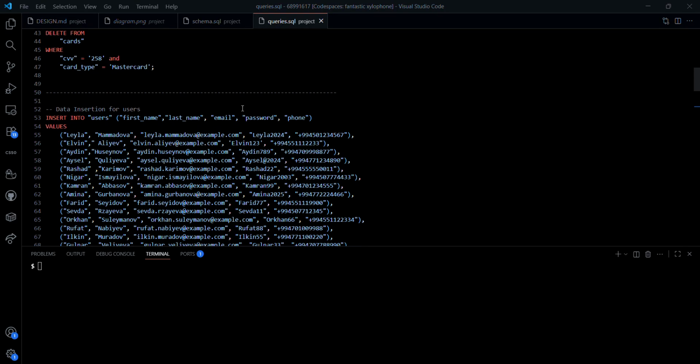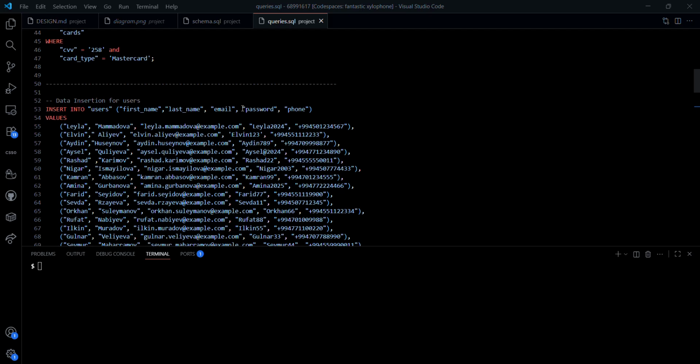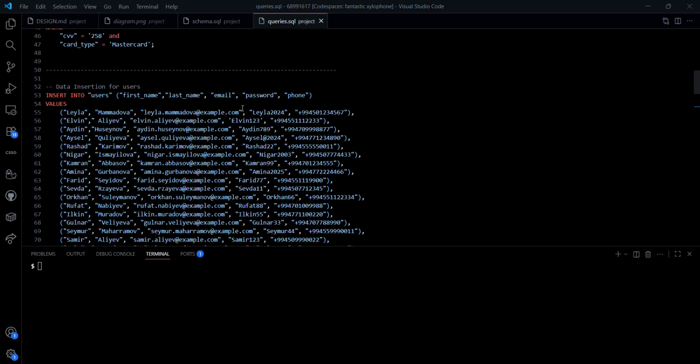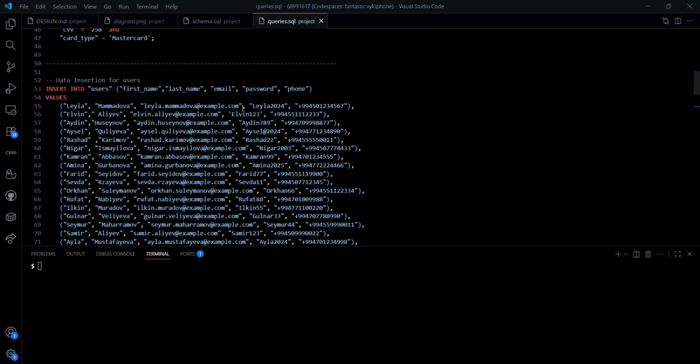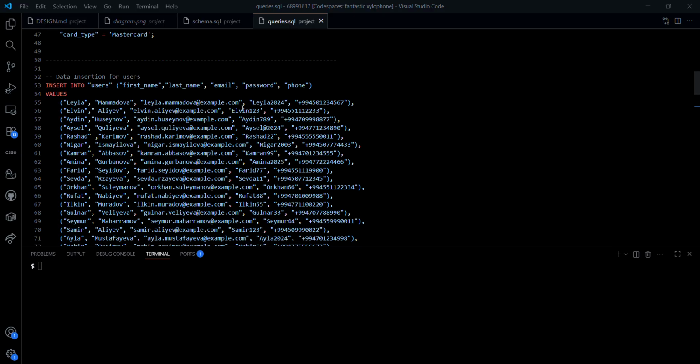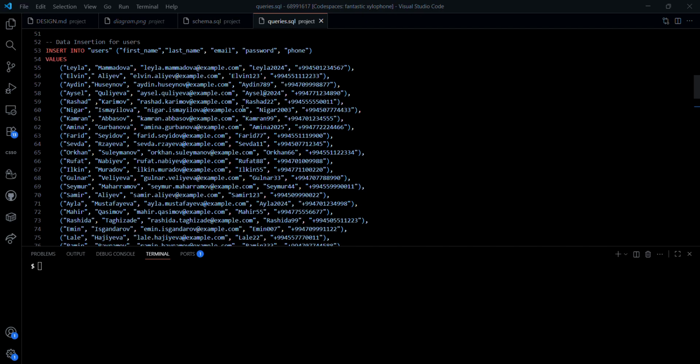This structured approach ensures that the ABB Mobile Bank database is both efficient and secure, making it available for users handling